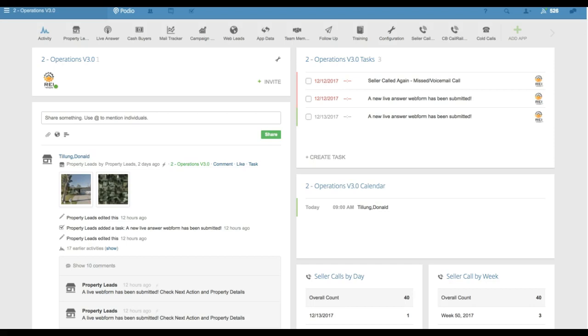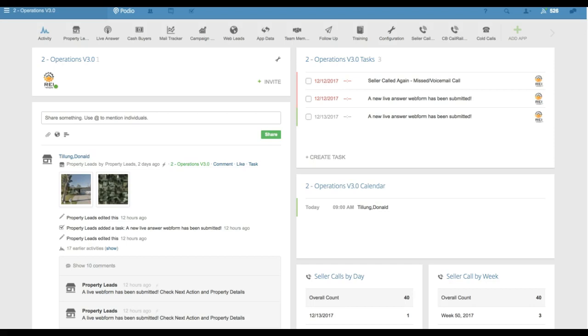We just finished building out a new live answer app slash web form. We've built this out with a call script basically built into it. It'll look familiar to some of you, and it allows you to take inbound live calls. It allows you to give a web form to an answering service, and it has some conditional logic behind it so that they can take in the information and set appointments if you choose to allow them to